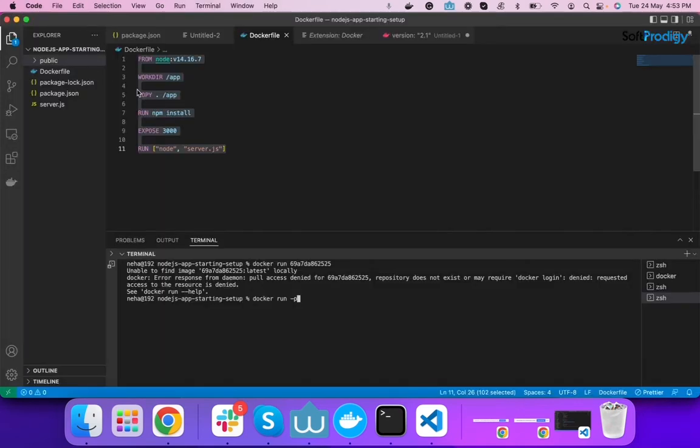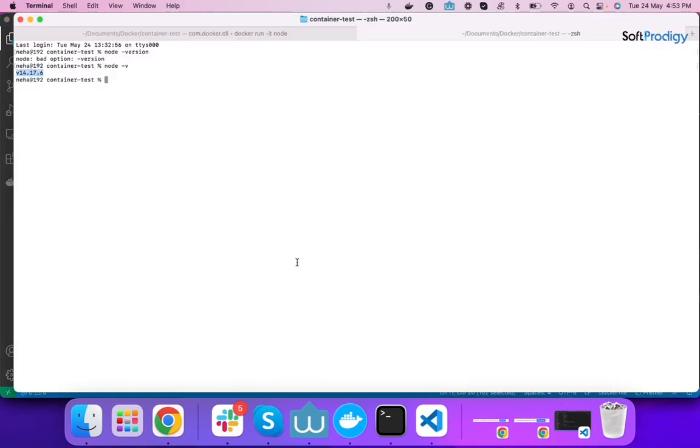So Docker is not dependent on our machine completely. Docker is a standalone environment, a Docker container. So if you have some software which is not installed on your system and Docker requires that software, you don't have to install it manually onto your system. You just have to use the Docker command to build your container, build your image, and you can work according to your Docker containers only.